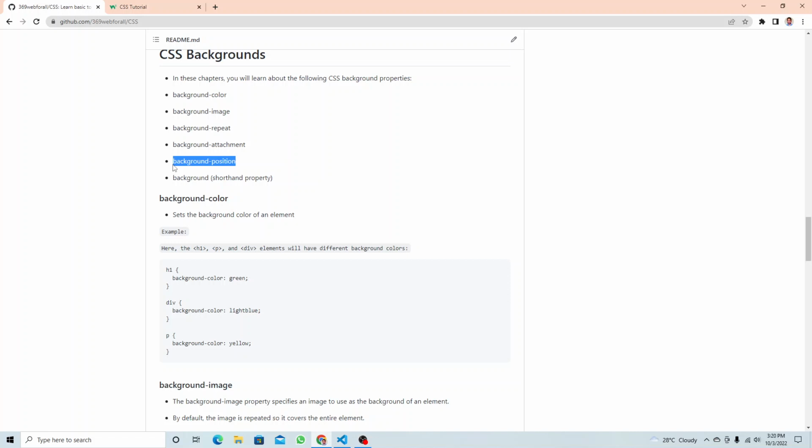Where you want your background to be, in the center, starting from the center point, or left top corner, left bottom corner, right top corner, or right bottom corner. So all that is background. So this is the shorthand property for background. So you can add background color, image, the repeat, attachment, position, all that in one line of code. Okay,